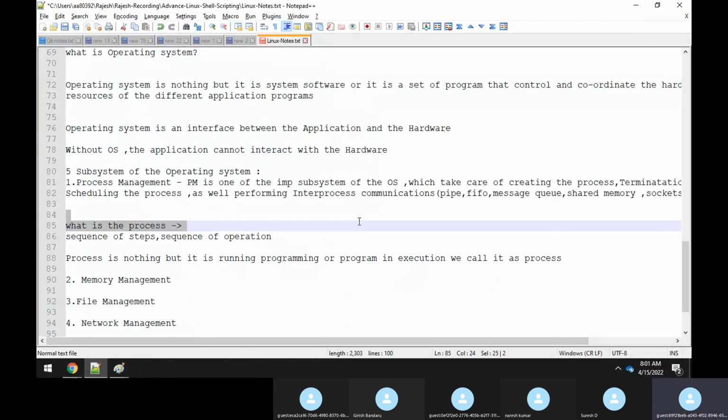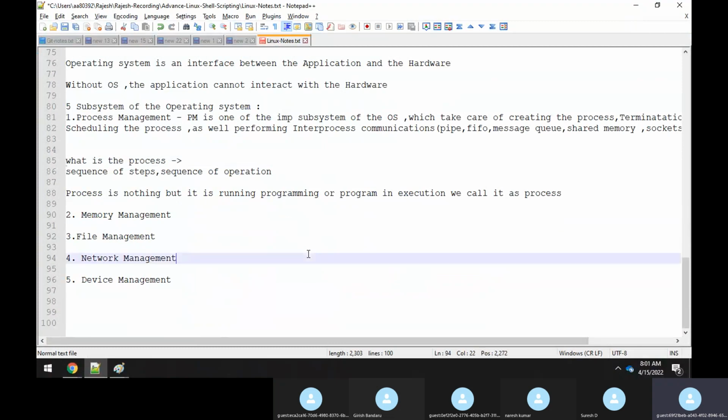Now, coming back to here, guys, what is the next one? Next is what is memory management. Of course, what is a memory management model? The memory management model is also one of the subsystems of the kernel. Oh, sorry, subsystem. I have used the word kernel now, but I will come to it later, what is a kernel. I'm just telling you about the operating system. Each and every operating system has these 5 subsystems, right?